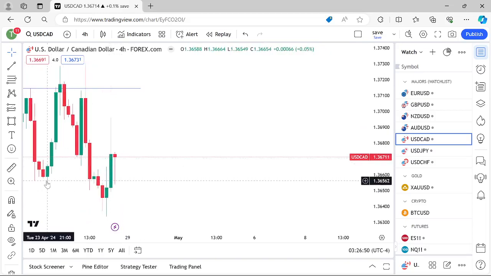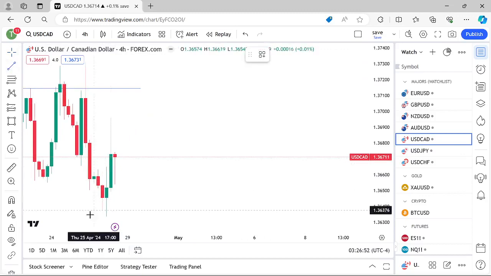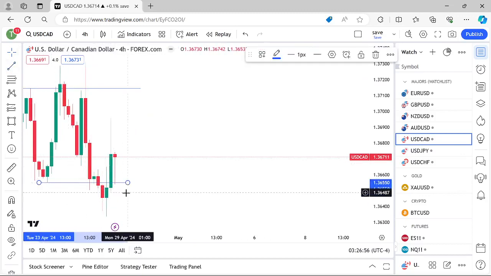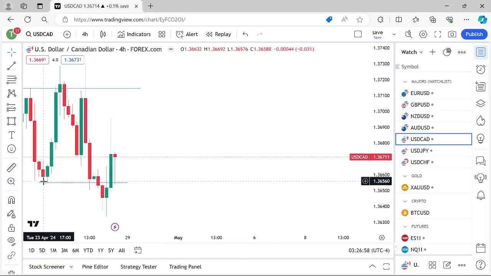We also had that low put in during the Asian session right here. An Asian session isn't the time for that to happen. That's not the time for that low to be put in. Now, if it was London, that's better, but the fact that this was an Asian session, that's not the time. There's that time element that we combine with market structure and liquidity, of course. I understand that a low put in during Asian session is probably going to get crushed very soon.